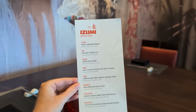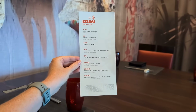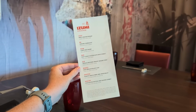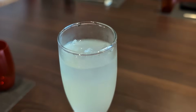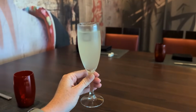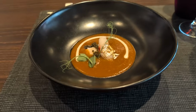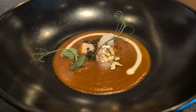It's $130, which is cheap for an omakase. I would expect them to be $150-ish. So very inexpensive, private for that rate, which is wild. And everything I had was really delicious. The chef came out and greeted me, and I have to say I would 100% recommend this if you're a fan of Japanese food,